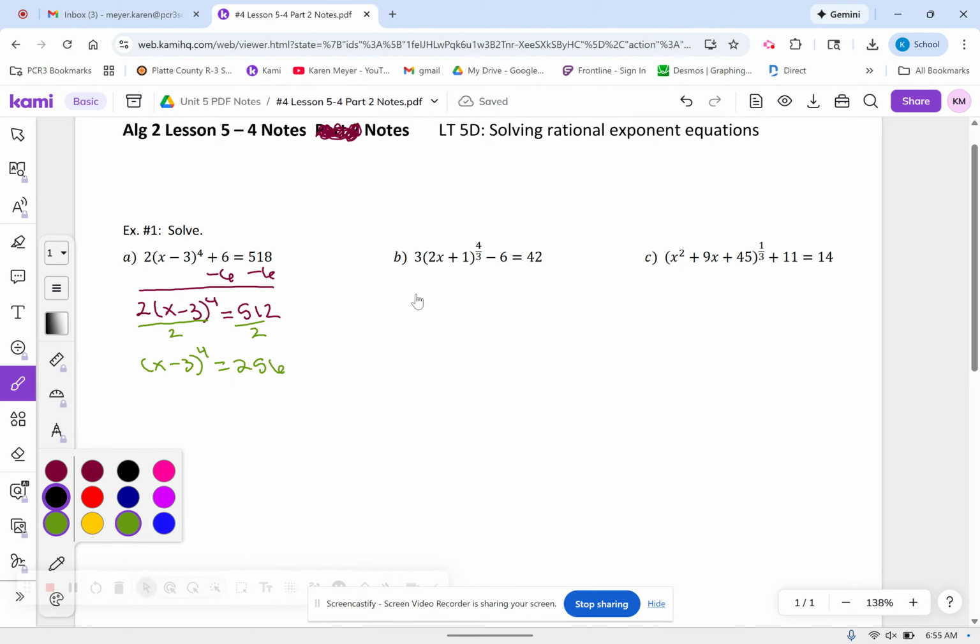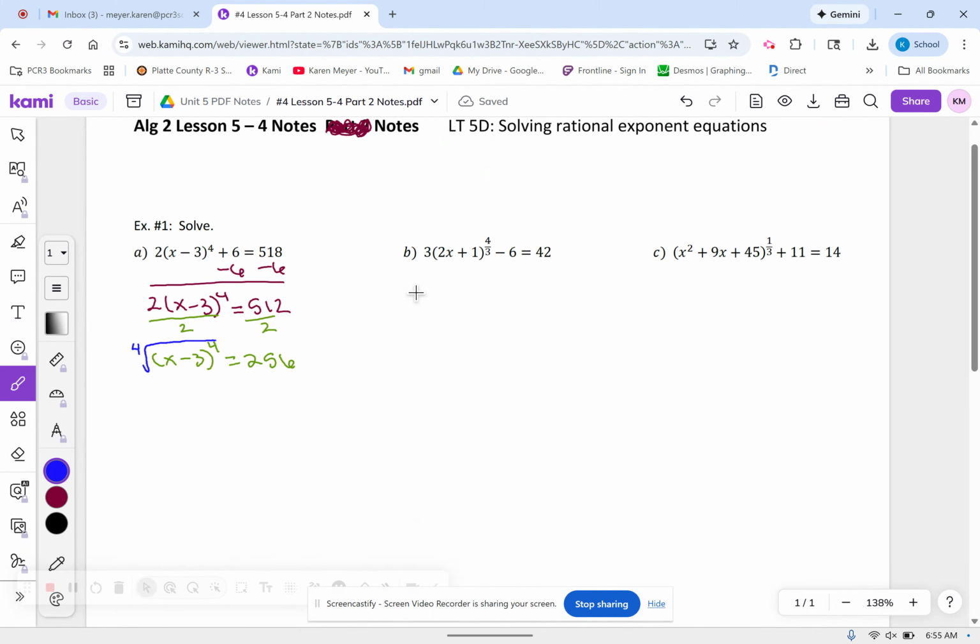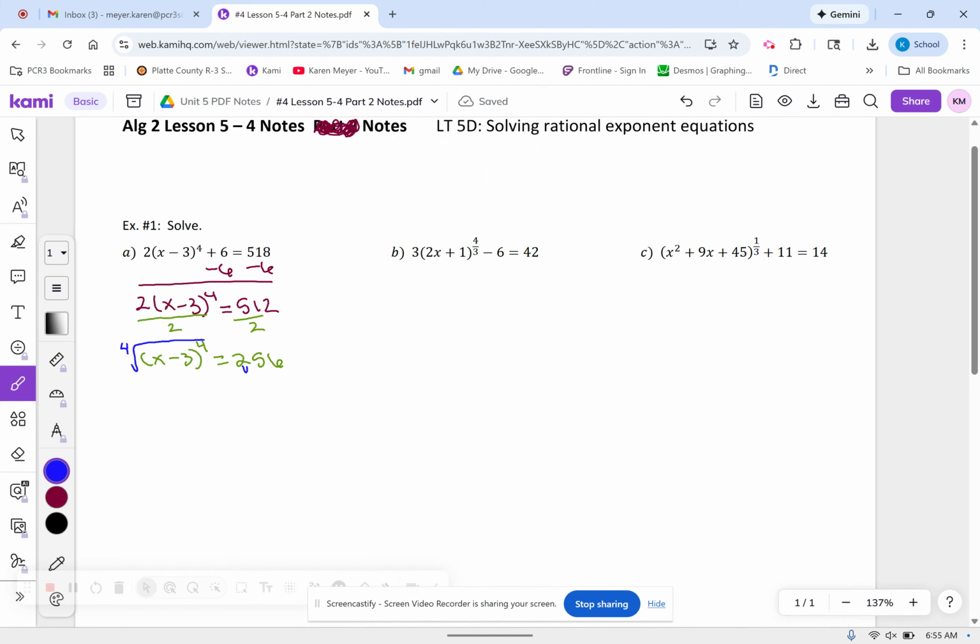And then to get rid of the 4th power, you will use a root, a radical, and you need to make sure that the index number matches the power. So I would say you need to do a 4th root on both sides. So 4th root. On the front side, the 4th root and the 4th power cancel out, so you get x minus 3 equals. Now over here,